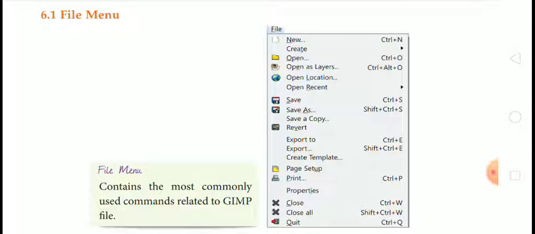So this option is very important if you want to open a file which you have already saved.